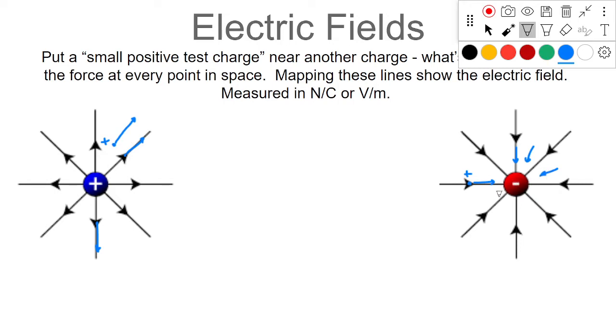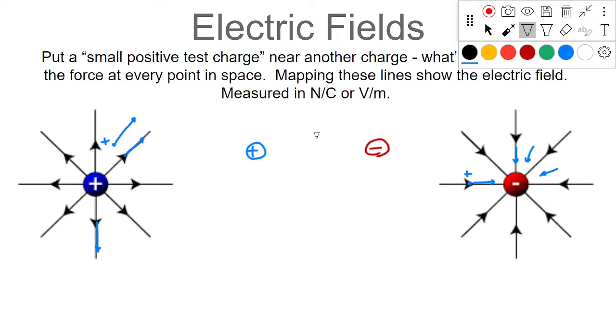So the sign of the charge determines which way the electric field points. Everything goes away from a positive charge. Everything goes to a negative charge right there. You could have a whole bunch of charges, right? If I had a positive charge here and a negative charge over here,